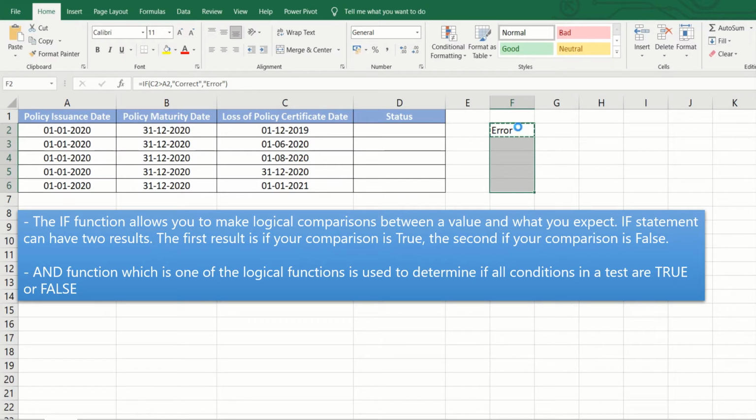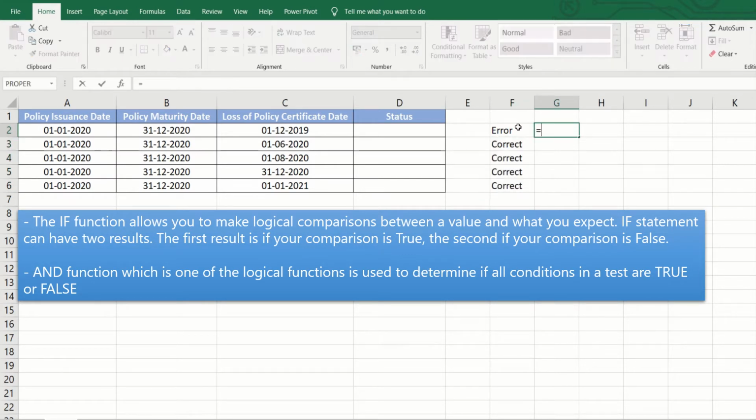It shows there's an error, right? And then the second condition is that C2 is smaller than B2, then the answer is correct,